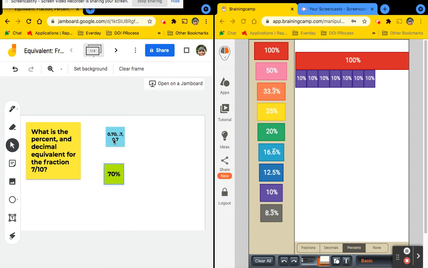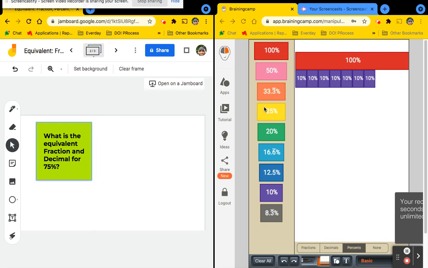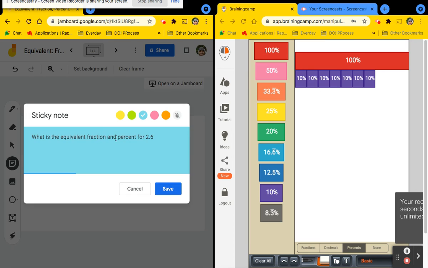So 70% and 7/10. So you guys are going to do these two. Please use BrainingCamp. So you're going to have to figure out 75%. So which of these can make 75%? Right, so start with your percents and figure out how to make 75%. So you want to find the equivalent fraction, so then you click on that, decimal, click on that. This next one is a decimal. So right, so this one's a little bit trickier because